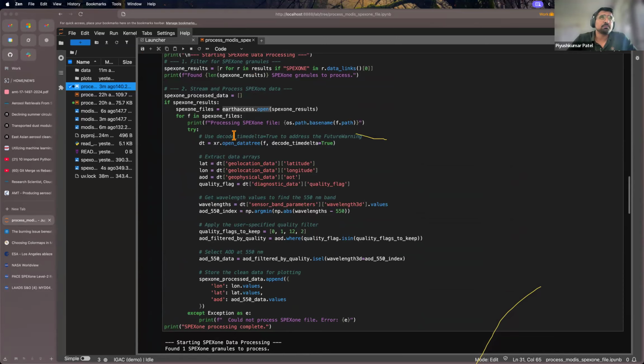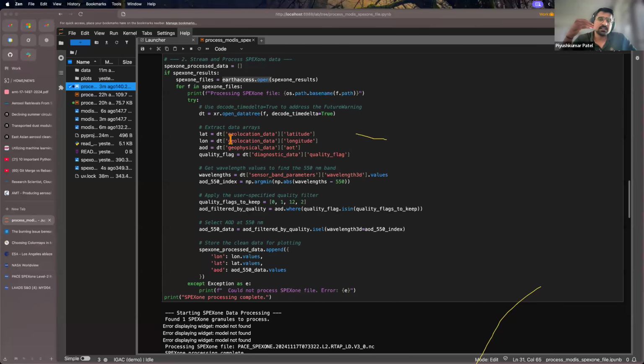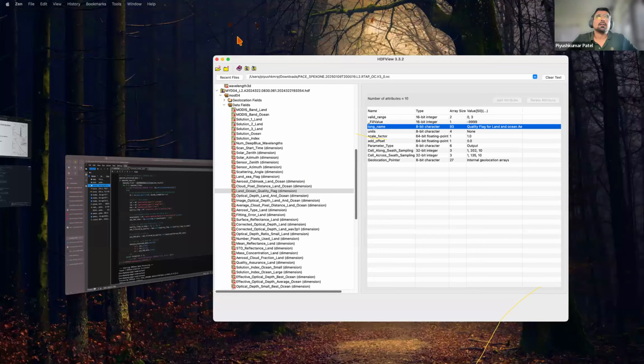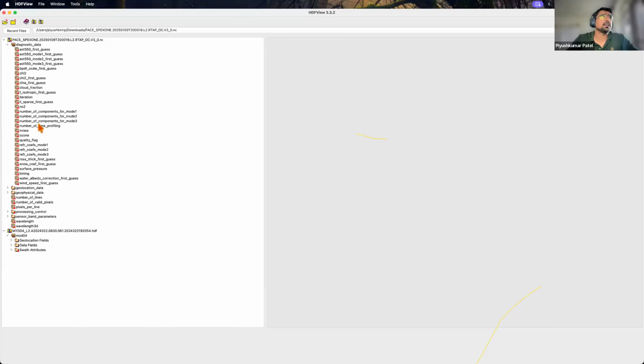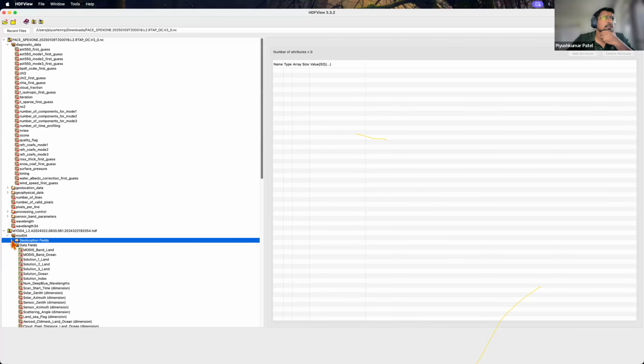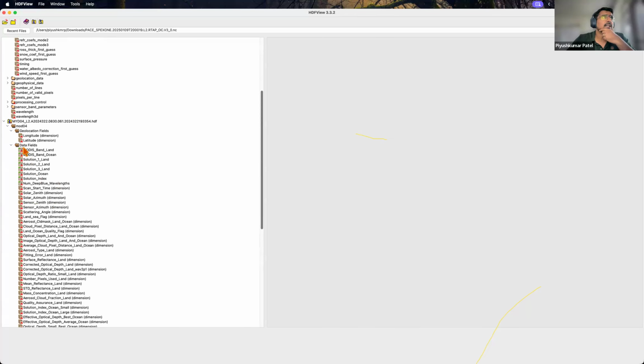Similar for the SPEXone also. So SPEXone has data stored in a different way. So if I quickly show, if my HDF is open, let's see. Yeah. So MODIS you can very easily open, because, sorry, this is the MODIS file. Yeah. So those variables are directly,